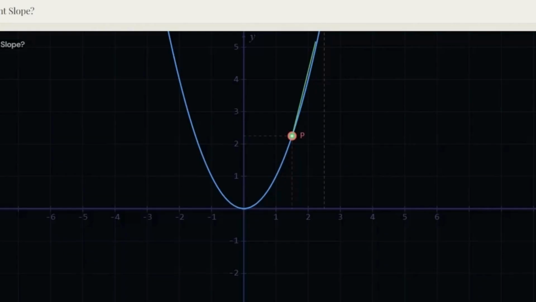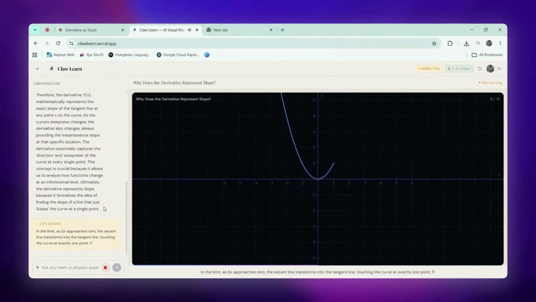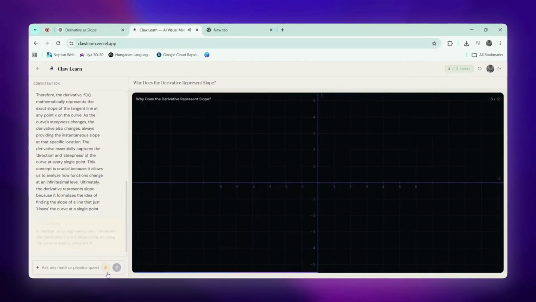To determine the instantaneous slope at point P, we conceptually move point Q progressively closer to P. As Q approaches P, the second line rotates and becomes an increasingly accurate approximation of the curve's direction at P. In the limit, as dx